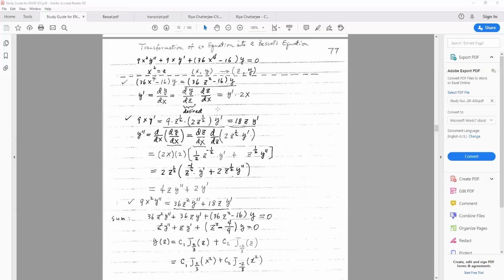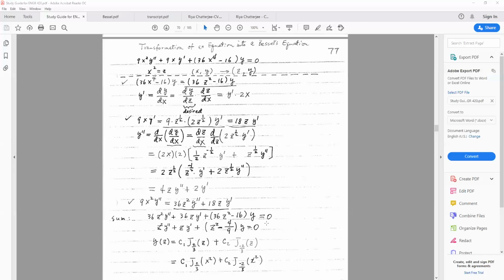That's for the second order derivative. Then we have to put a 9x squared before it. Then we get these two terms. Combine these three underlined terms, we get this term,